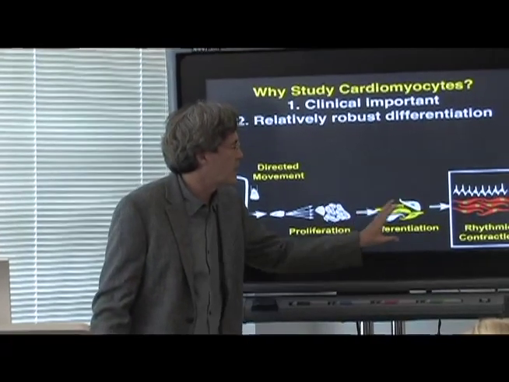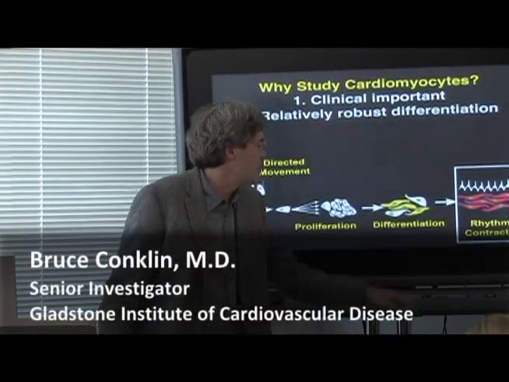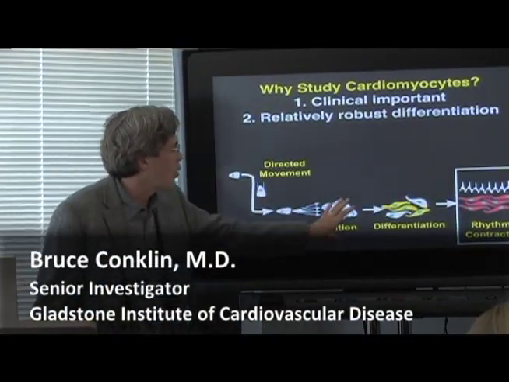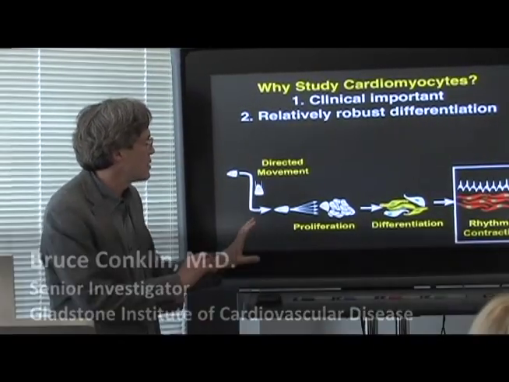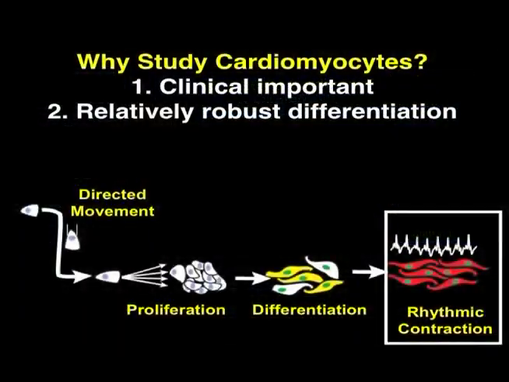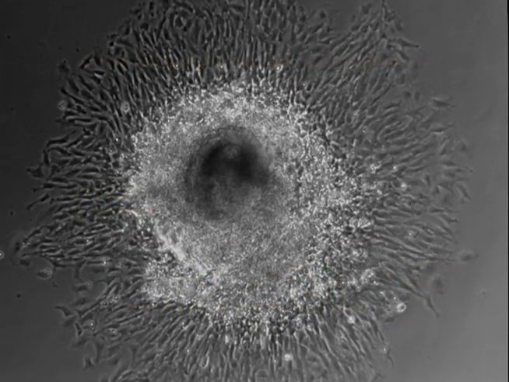Cell and make it into a heart cell, it goes through a whole series of different processes. The cells have to move around, they proliferate, they differentiate, and what I'm really going to talk to you about is this really amazing process of rhythmic contraction. And the process by which this occurs is relatively simple in the sense that one of the ways that we